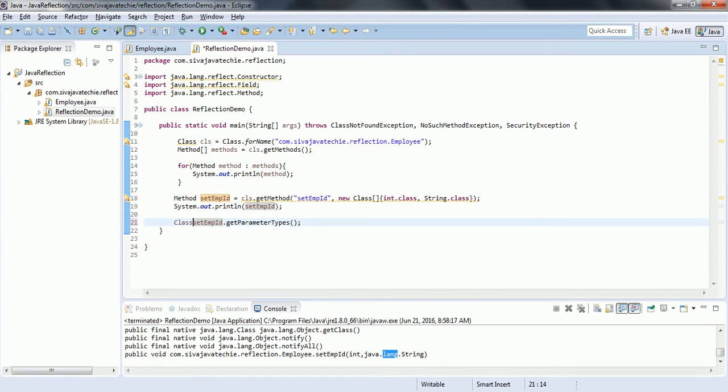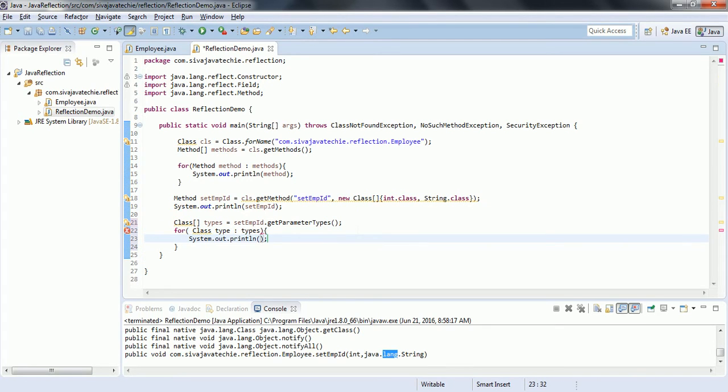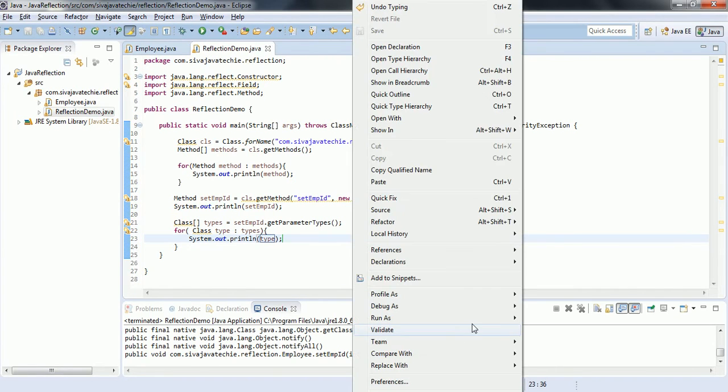So I am assigning it to class types equal to, then for class type in types, and if I print these values, it will show what types we have defined for this method.